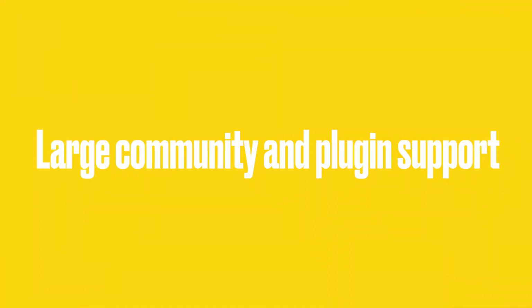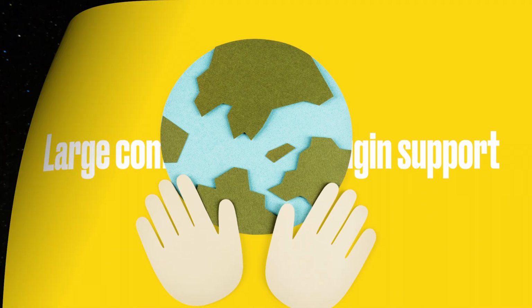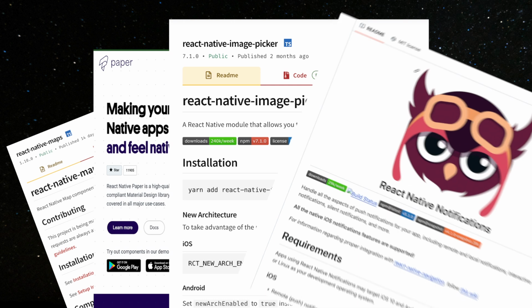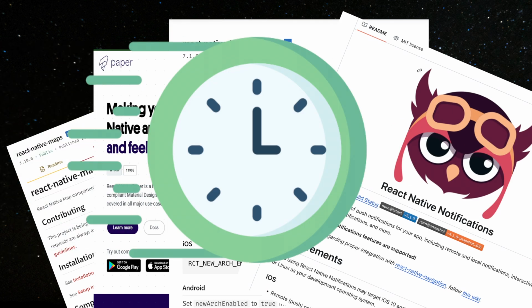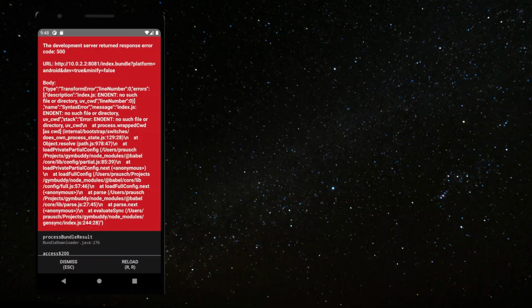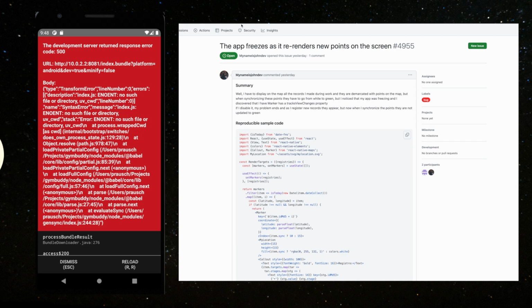Additionally, React Native stands out for its large community of active developers and a strong support network. This means there are many libraries and helpful resources available. This makes development faster and ensures you have a reliable support network in place. For example, if you face any challenges, you can likely find online solutions from others who have faced and resolved